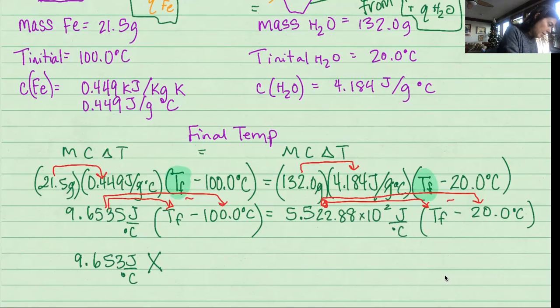Oh, hold on. Let's go ahead and actually calculate. Let's do 9.6535 times 100, and we'll subtract that. It's going to be 965.35. Our degrees Celsius there will cancel when we multiply them, and that's joules. Equal to, let's do